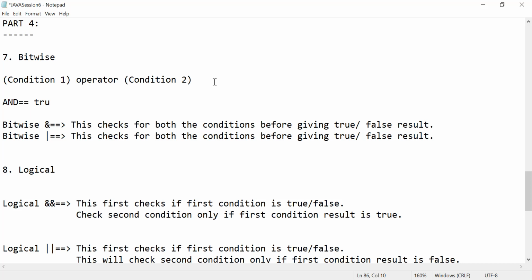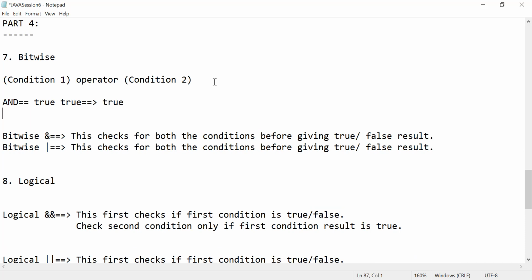Okay, so I hope you know, in case of AND, let's say the first condition is true and the second condition is also true. What result will we get? We will get true, right? Then let's say the first condition is false and the second condition is true. Then we will get false.